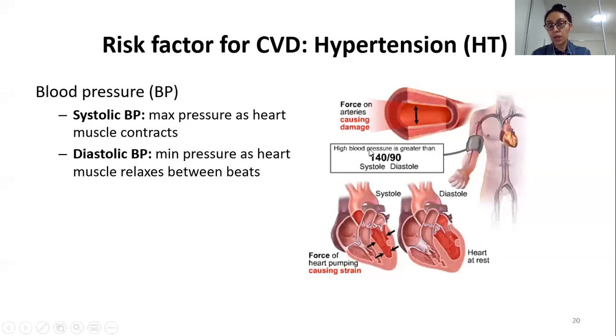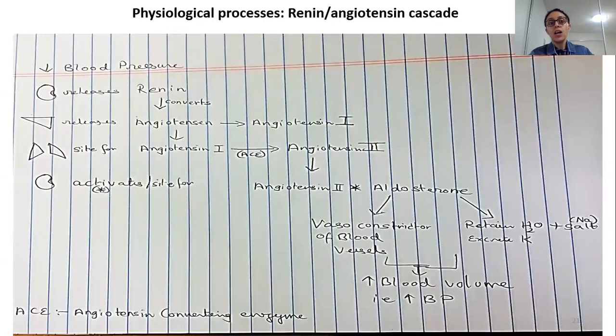And as you can see, high blood pressure is greater than 140 over 90. And if you have normal blood pressure, it is less, which is 120 over 80. Okay, or 120 to 80. Less than 120 over 80, that's your normal one. Your high one is greater than 140 over 90, but this all is part of your pre-readings. All right. So now moving through the physiological process of how the body increases your blood pressure.